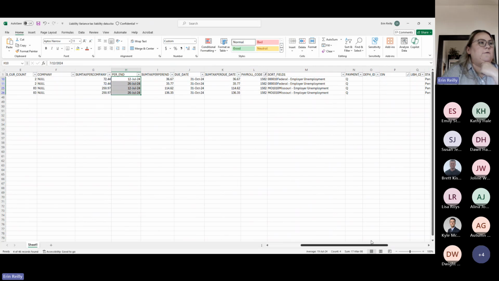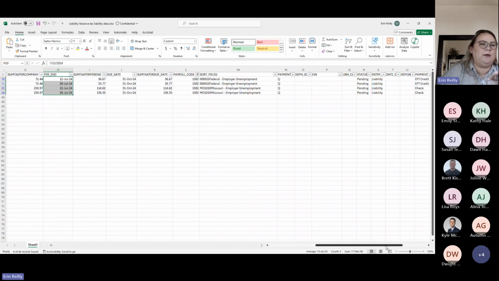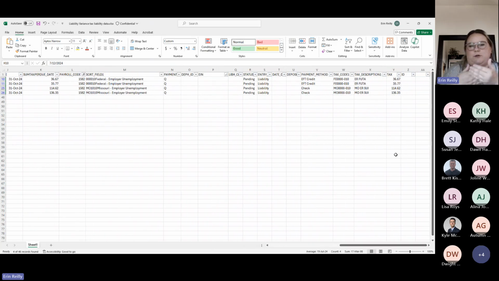in the future. For me, there's no activity on the ledger yet, meaning they haven't processed any payrolls or any tax payments, and we have outstanding unemployment. And so to me, this is almost surefire, and you can go to your implementation team or your tax team to confirm that this is a new customer, that we have outstanding liabilities for the payrolls that processed in July, and we need to collect the FUTA and Missouri unemployment liability for future quarterlies that you're going to pay